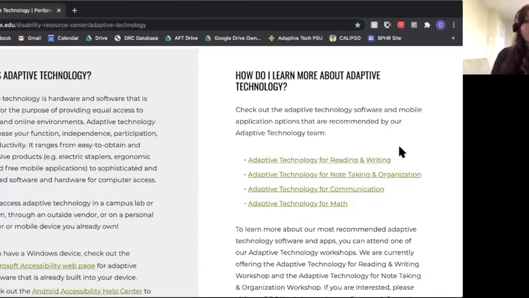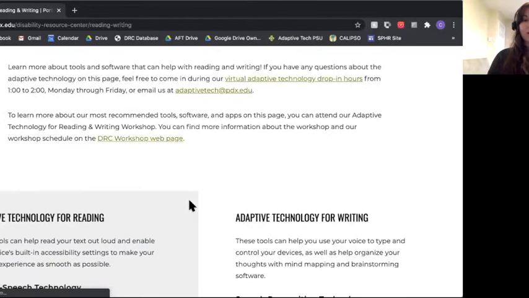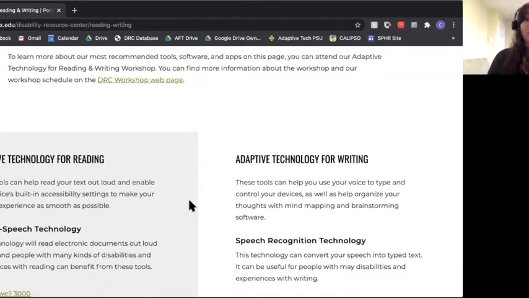Since we're specifically talking about reading and writing today, I'll go ahead and select that link. And this will take me to the reading and writing web page. On the left-hand side, there's a column that gives suggestions and options for adaptive technology for reading, while on the right side, there are suggestions for writing.